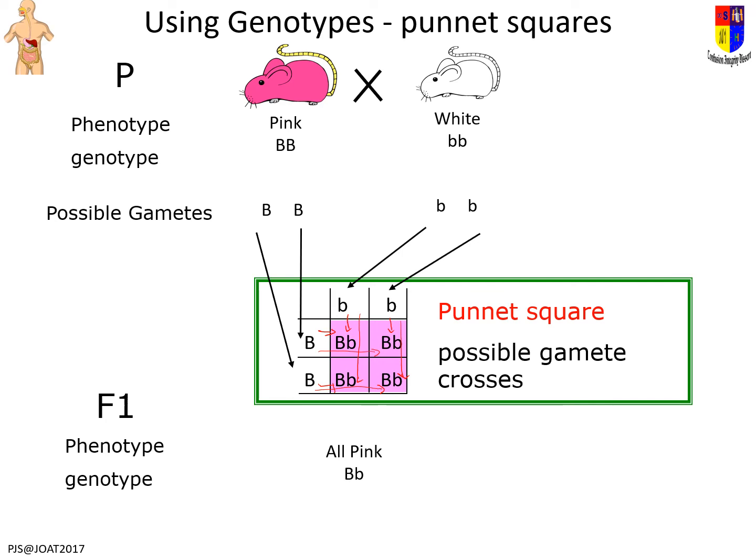Okay, so our phenotype is all pink, and our genotypic ratio is also all big B, little b. Okay, so that's the F1. If we kept going,